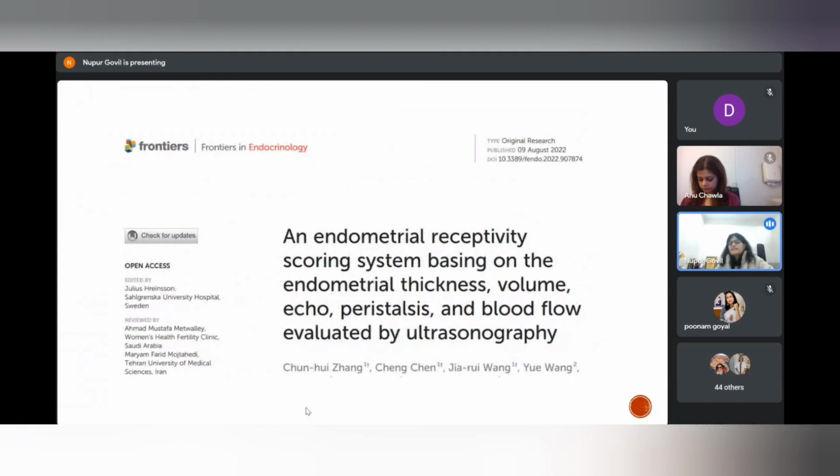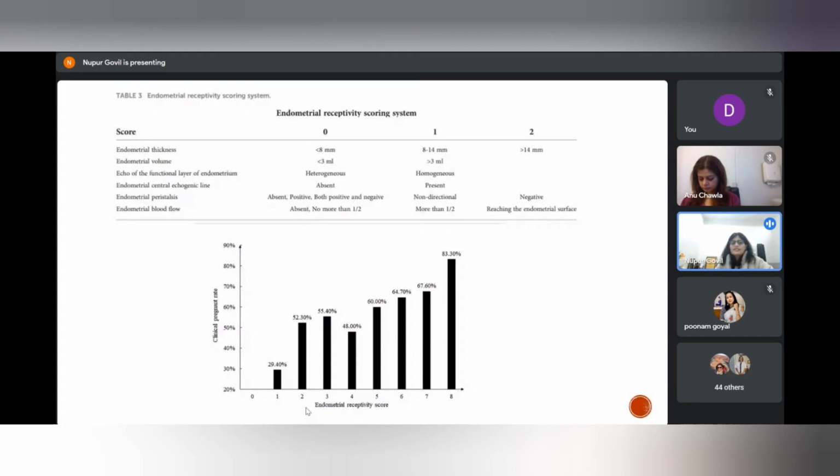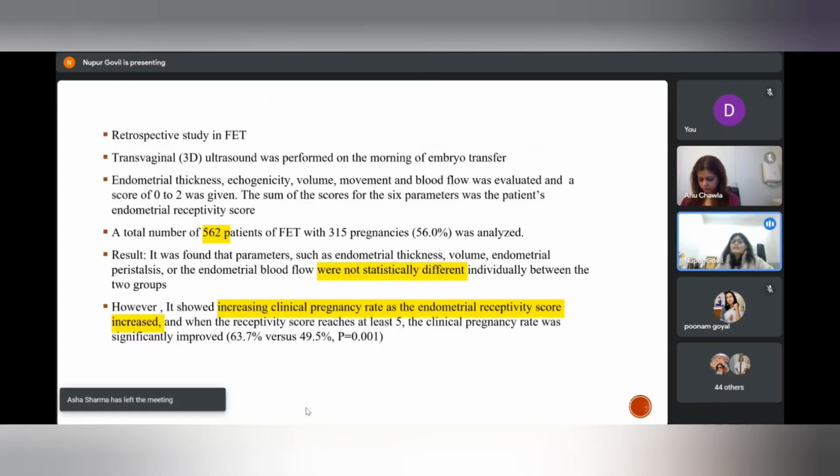This was a recent study by Zhang et al. in which they combined all the parameters and calculated a score. They used 6 parameters and gave a score for each parameter. They gave a score of 0, 1, and 2 if the endometrial thickness was less than 8, 8 to 14, or more than 14. And they found that individually these parameters did not lead to any statistically